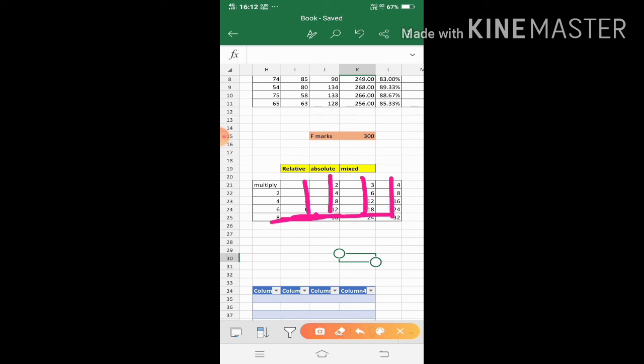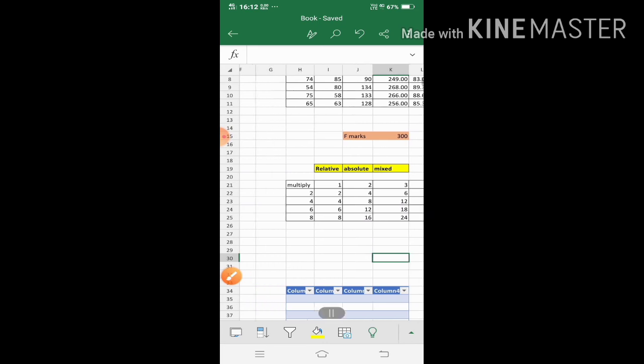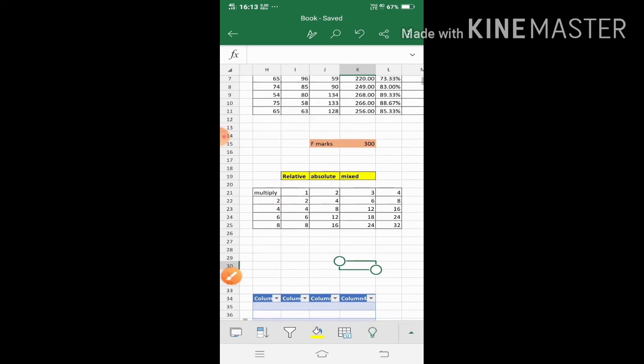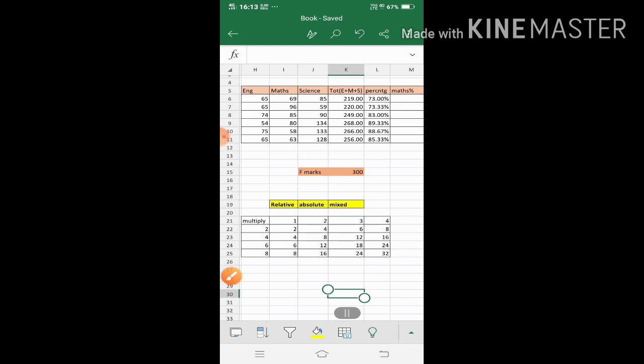Here the row is the same but the column is different. And here 2 into 1, then 4 into 1, 6 into 1, the column is the same but the rows are different. So here I am using the mixed reference.